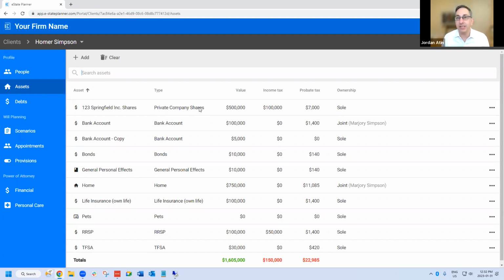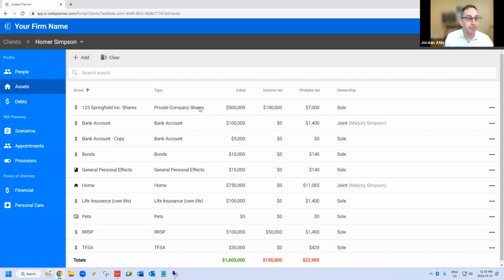Every province has its own act that governs designation of beneficiaries for RSPs, TFSAs, pensions, locked-in retirement funds, those kinds of things. Those are the special assets that you can designate a beneficiary on. I always refer to them as a mini will to my clients, because in essence, that's what they are.